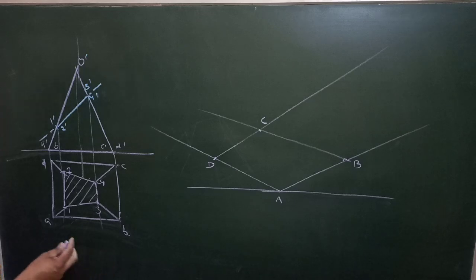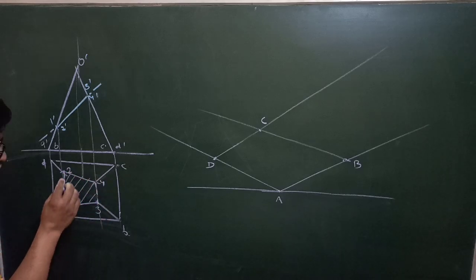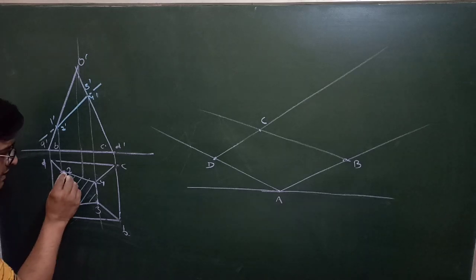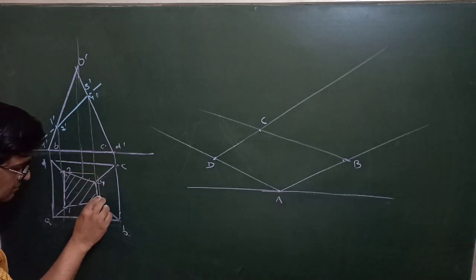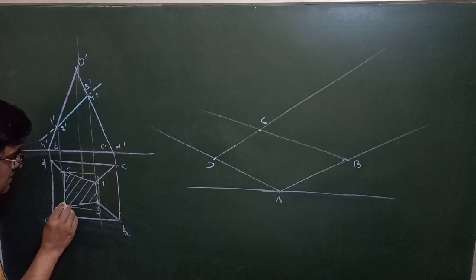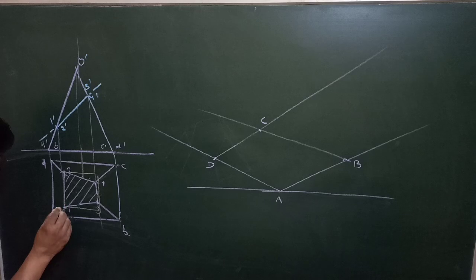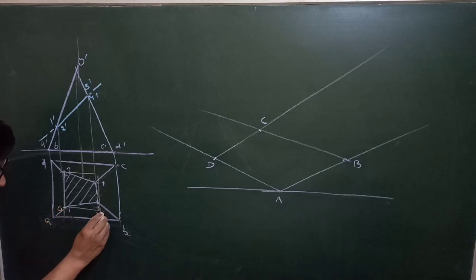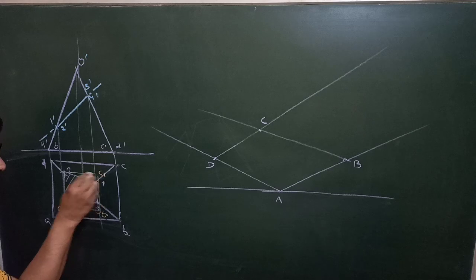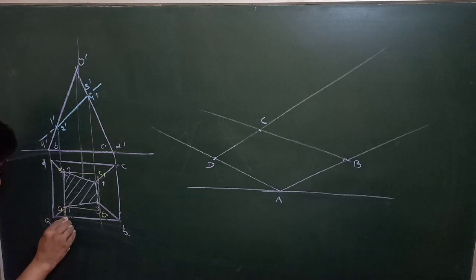Now what we have to do, we have to draw this diagram. For that, enclose the upper one also into some four-sided figure, either a rectangle or a square, with vertical lines and horizontal lines, so that we are getting, say, A1, B1, C1 and D1. Now you can easily mark A1, B1, C1 and D1 using the MN method. So draw vertical and horizontal lines here, MN.